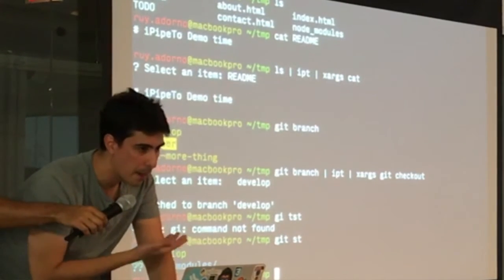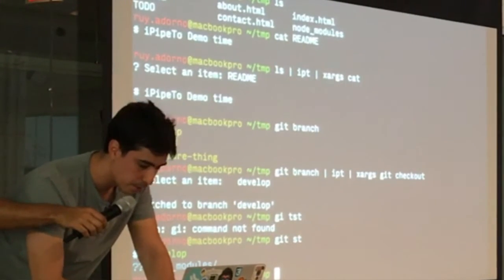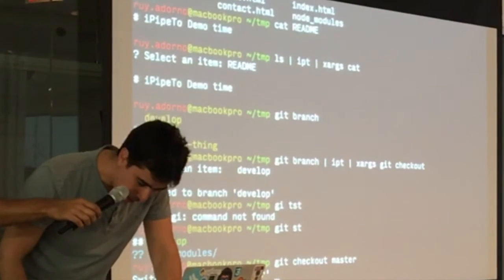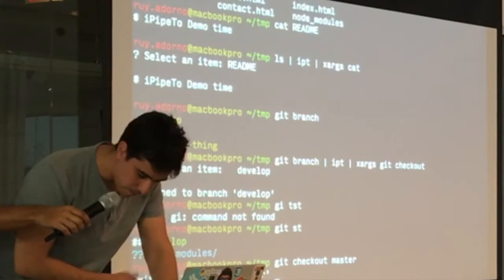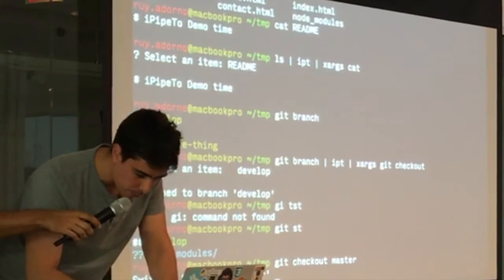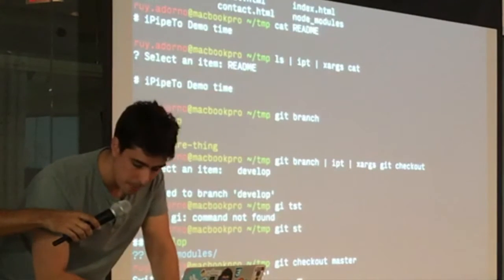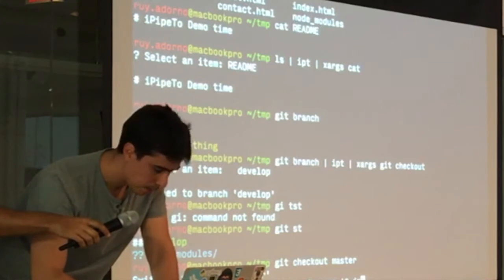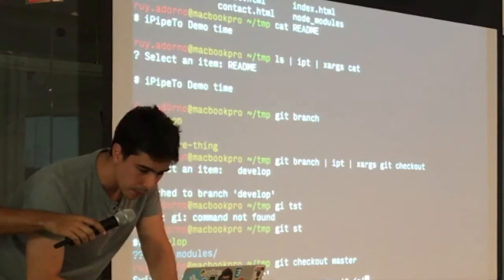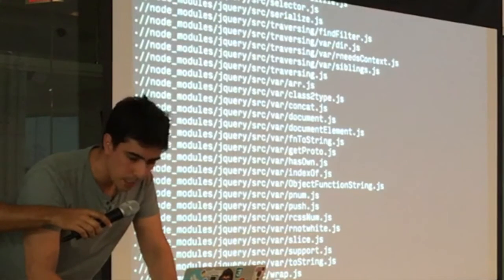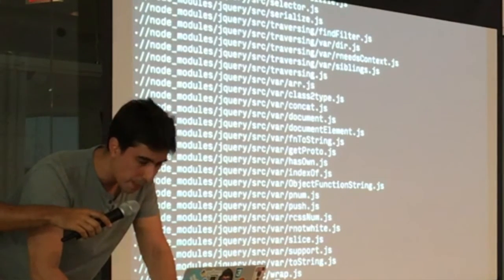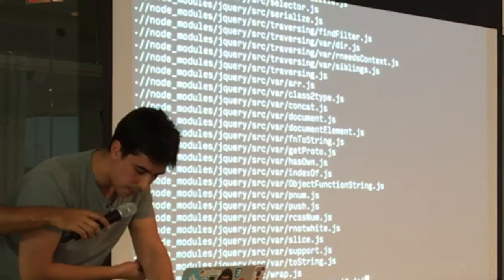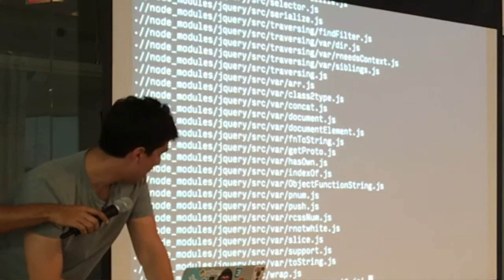That's it. I'm now at the develop branch that I just switched to. So the next one, let me do a little bit of, I just want to show how to plug more commands together. This one is a more elaborate command that just finds whatever file ends with .js within this folder. And then